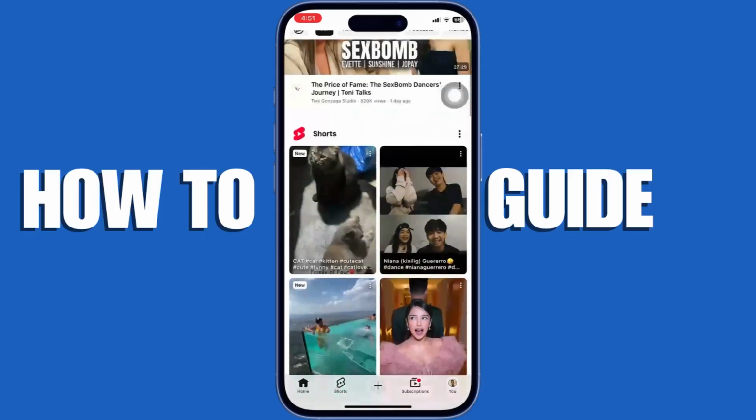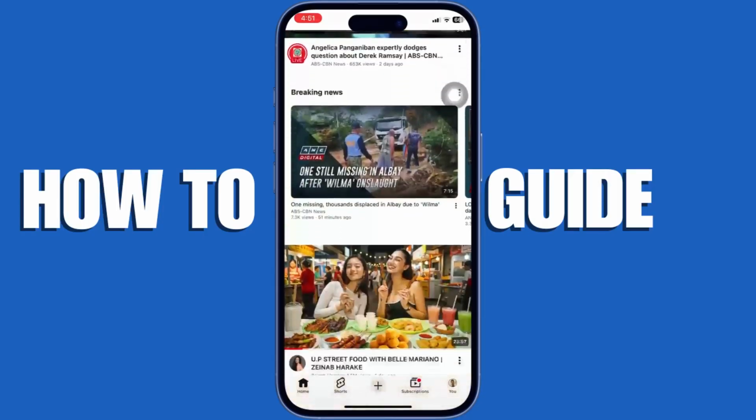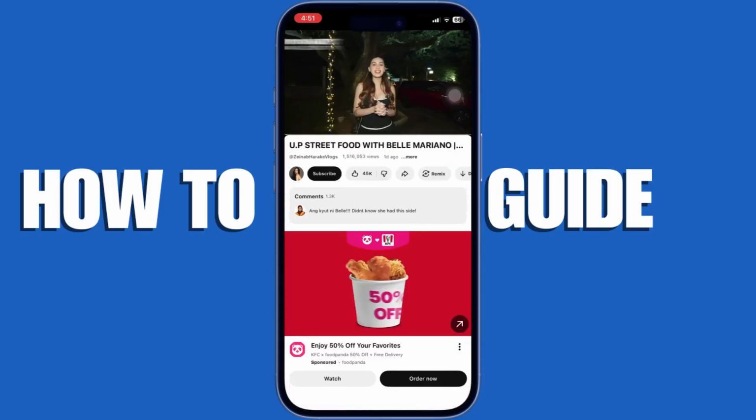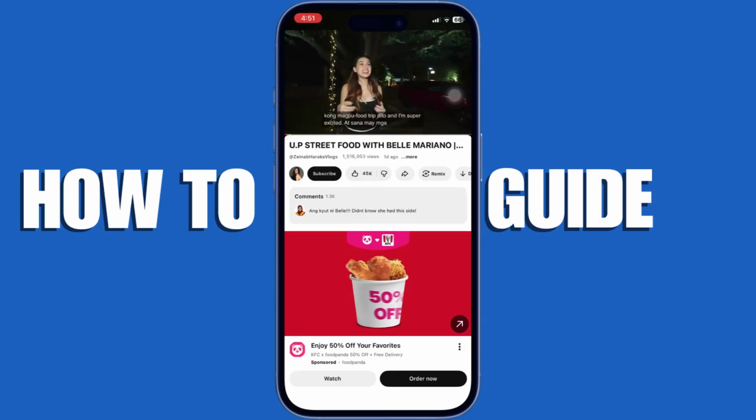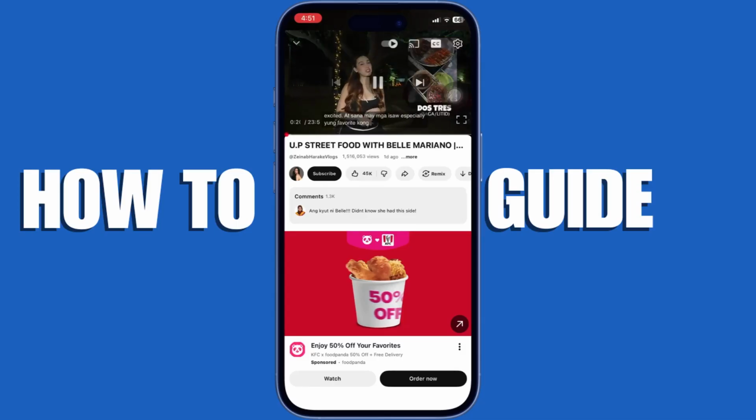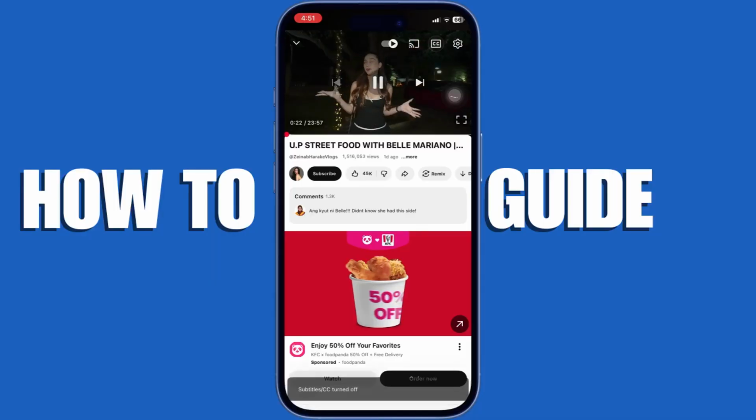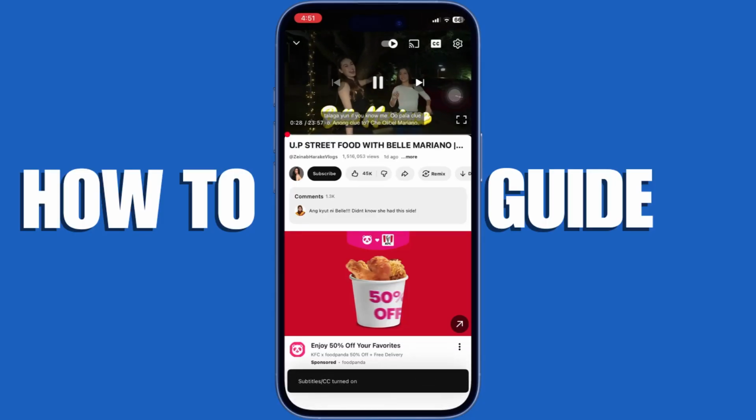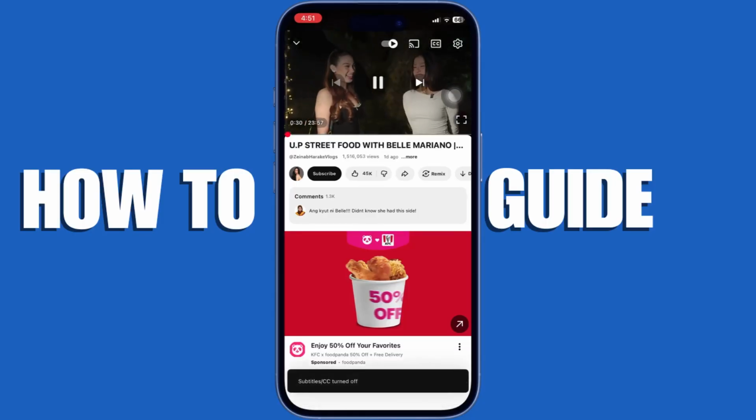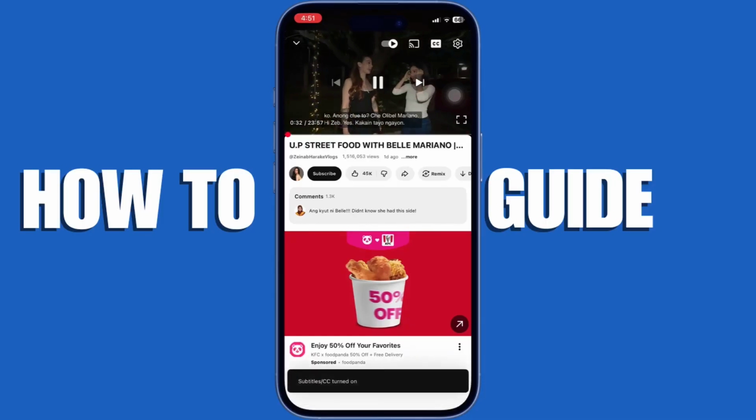While the video is playing, tap once on the screen to show the playback controls, then look for the CC icon. If the CC icon is highlighted or colored, tap it once to turn subtitles off. For more control, tap the settings gear icon on the video, select subtitles or CC, and choose off to completely